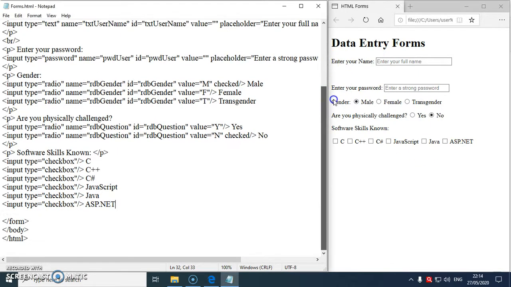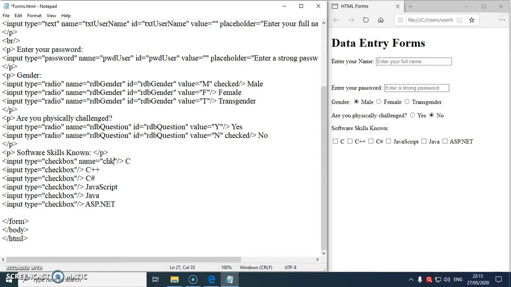Okay, now before we work on these checkboxes, let us learn the next attribute inside the input tag. Which attribute? Every control should be identified uniquely, so we should give a name to the control. Name is equal to inverted commas open and close. How do we give a name to the checkbox? We'll use the prefix chk, CHK for checkbox.